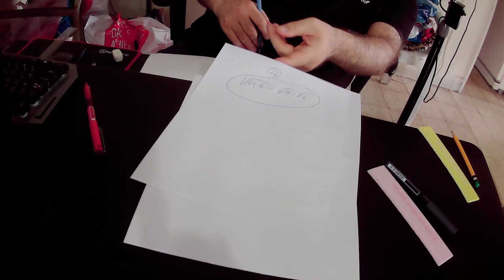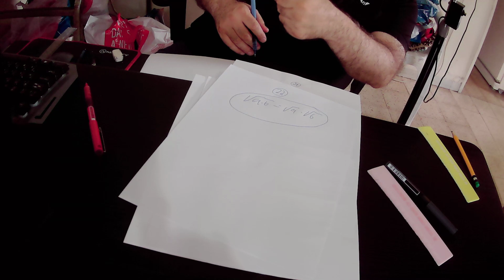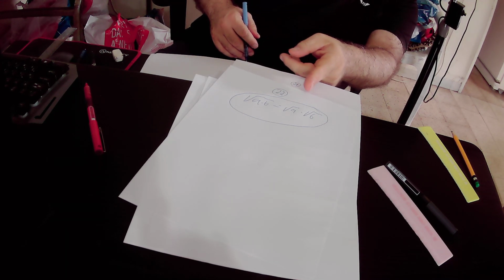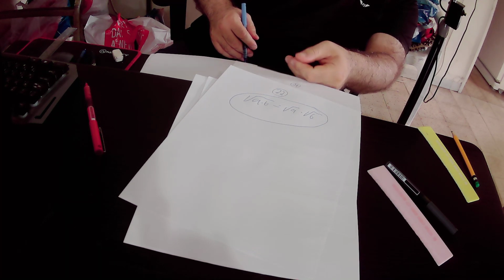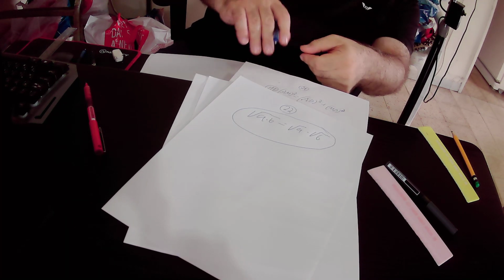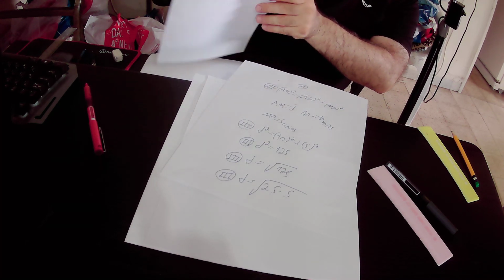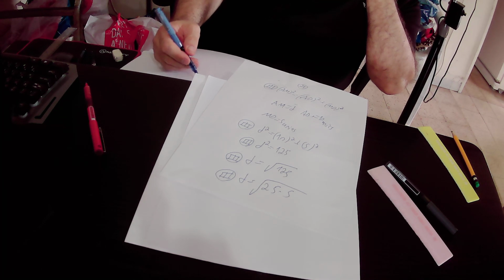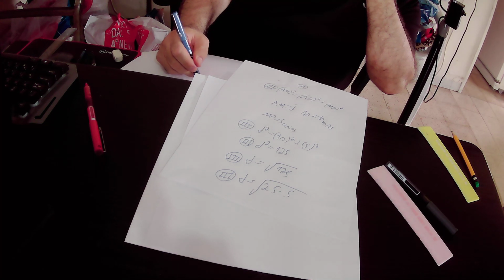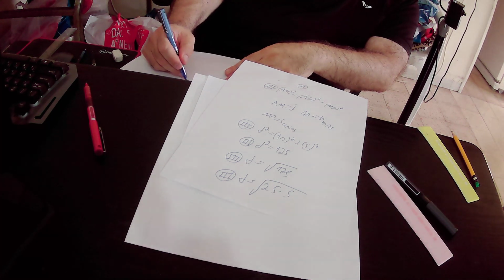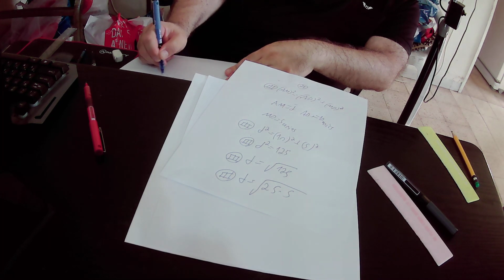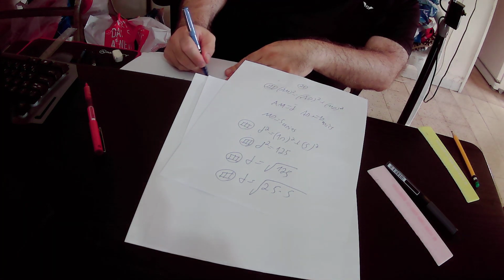So we have a rule that states that the root of a times b equals root a times root b. So we can write that d equals root of 25 times 5, which will be equal to